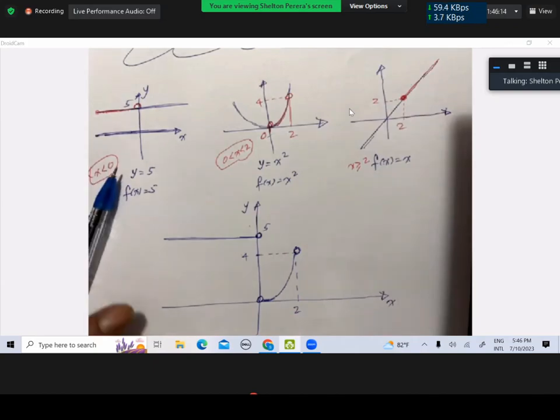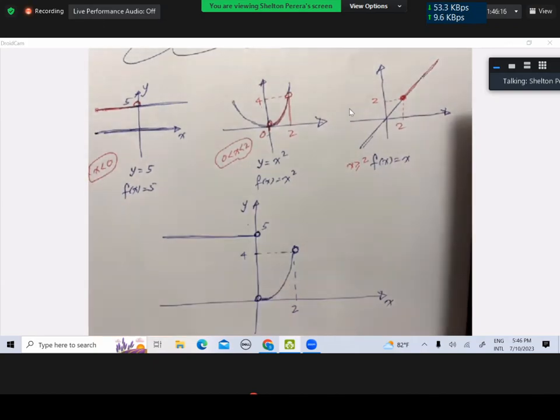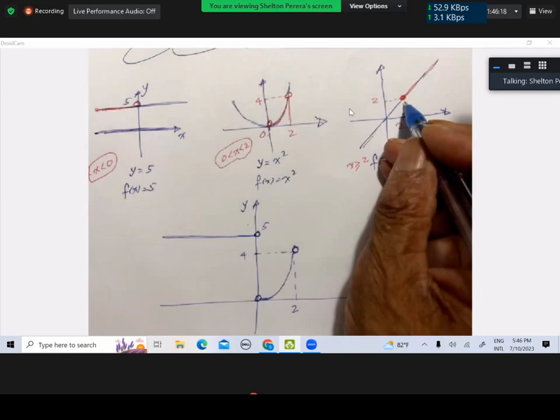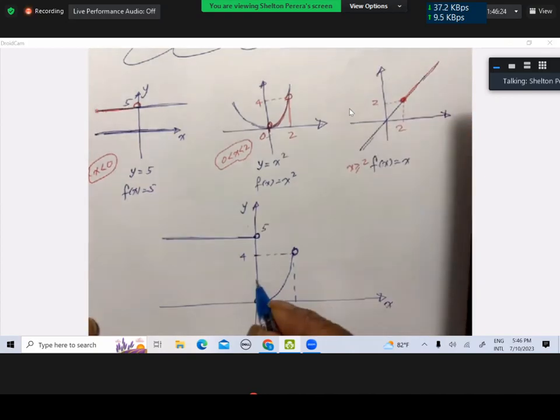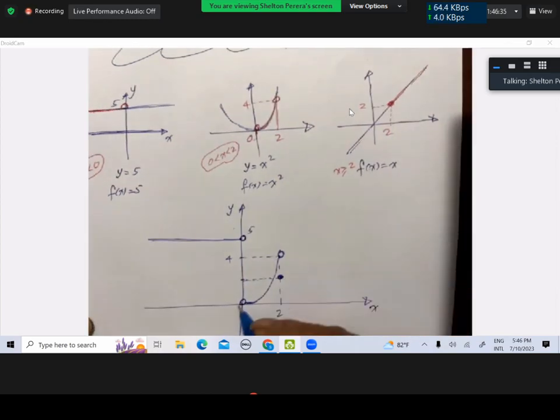If it is 2, greater than or equal to, so I want to get that point also. And where is it? This is 2, halfway. Dark dot and